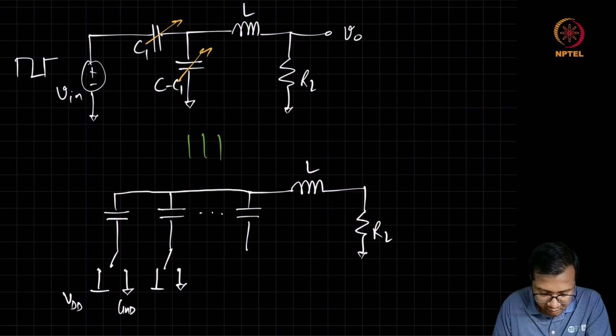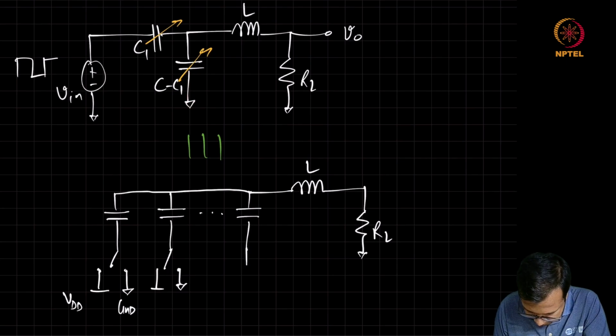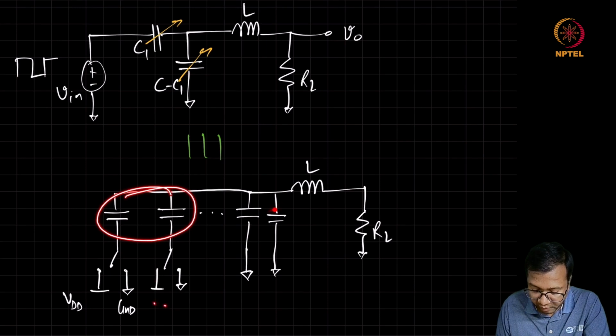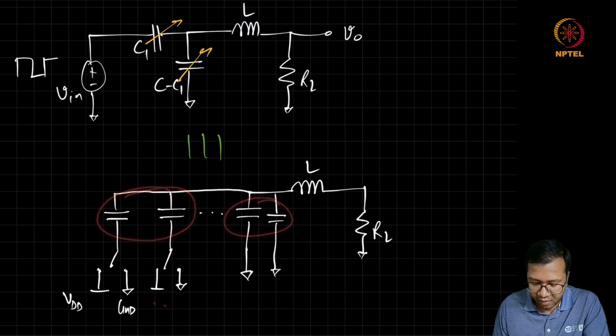While part of these capacitors always have their one plate tied to the ground. By controlling how many of them are undergoing the switching and how many have their switches always connected to the ground, we can